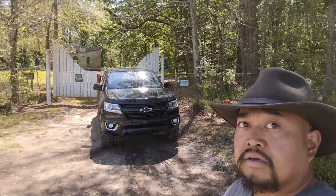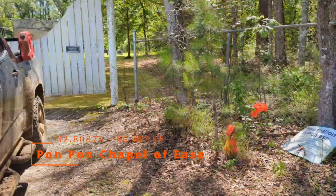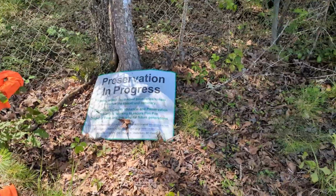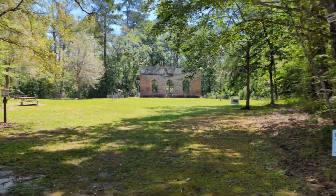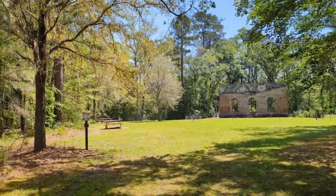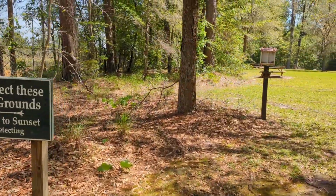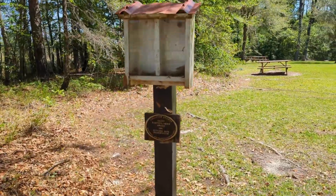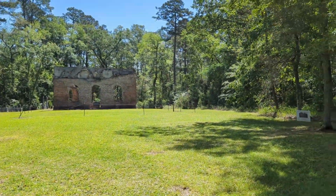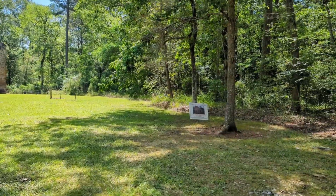All right, y'all. Right now we are at the Pon Pon Chapel of Ease. I'm very happy that they now allow you to walk in as a pedestrian. I heard tell that during COVID, they were not allowing folks in, and even earlier in 2022, they did not